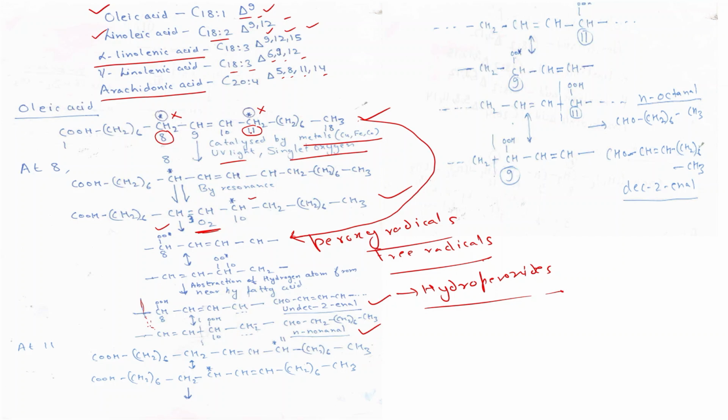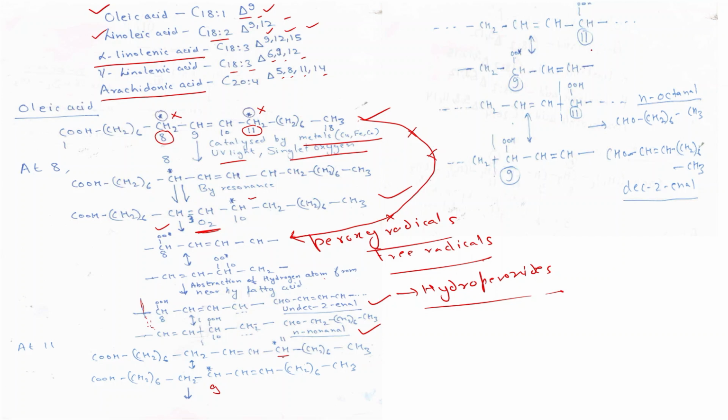And then if the point of attack is 11, here I was telling you that if the point of attack is 11, so now this is not applicable here, so please ignore this. Say if the point of attack is 11, then it can give rise to 11 free radical, and also it can give rise to the 9 free radical also. Now if the 11 methylene carbon atom is the point of attack, then here what will happen is that